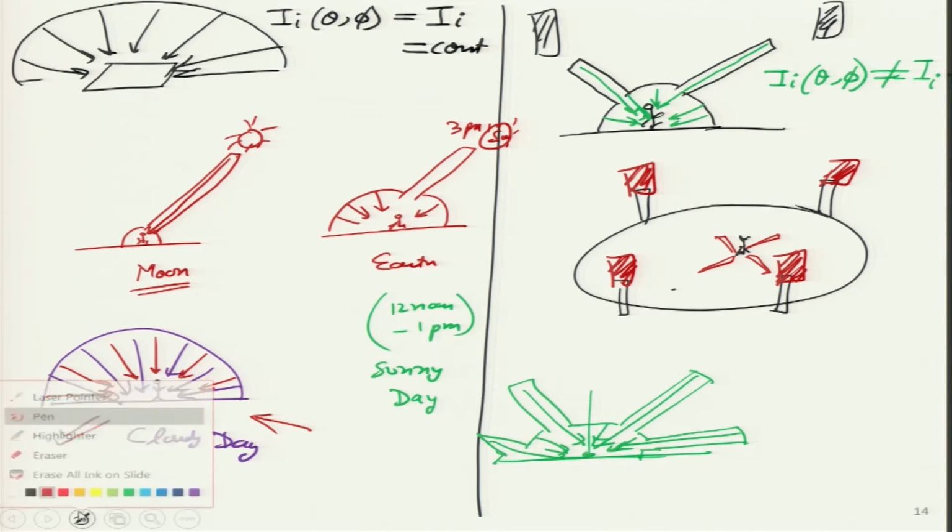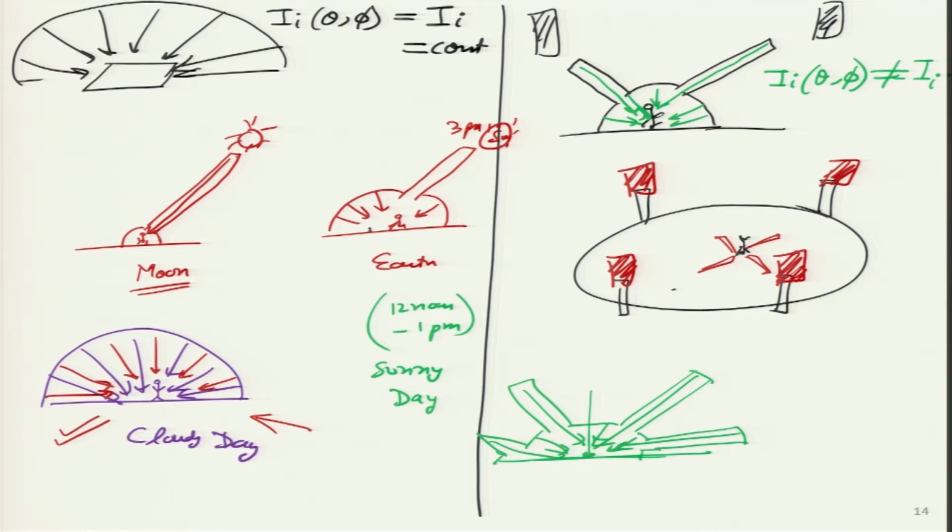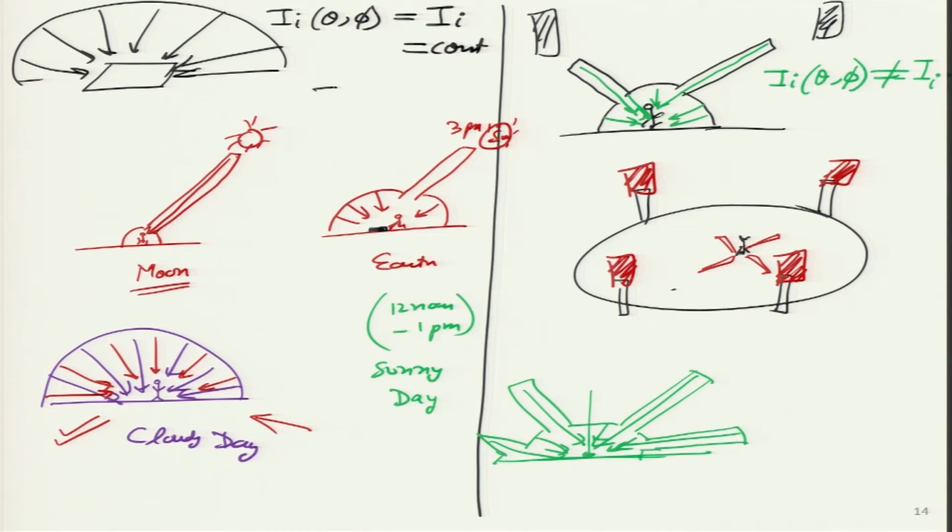which means a person standing over here will see a very sharp shadow behind him, but light is actually coming in all directions. Even though the sun is on one side, on the left side and the back side, everywhere we can see the blue sky or the white cloud. That is all the diffuse radiation which is coming, reflecting and coming to my eye over there. So, these are all examples of different cases of I as a function of theta and phi. This is what I wanted to share with students.